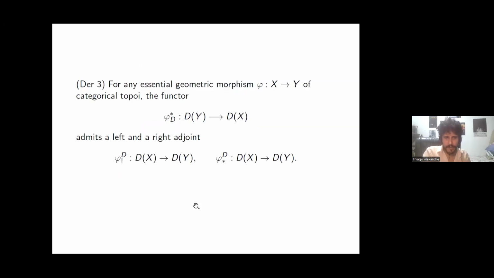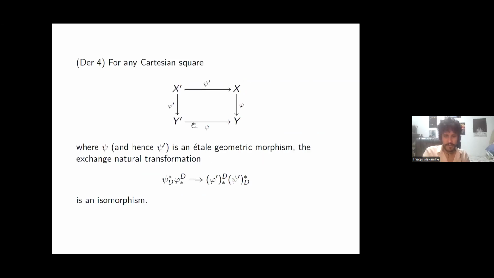So the third axiom, of course, is the existence of direct homological images, or left Kan extensions and right Kan extensions for the inverse images. And the fourth axiom is just the